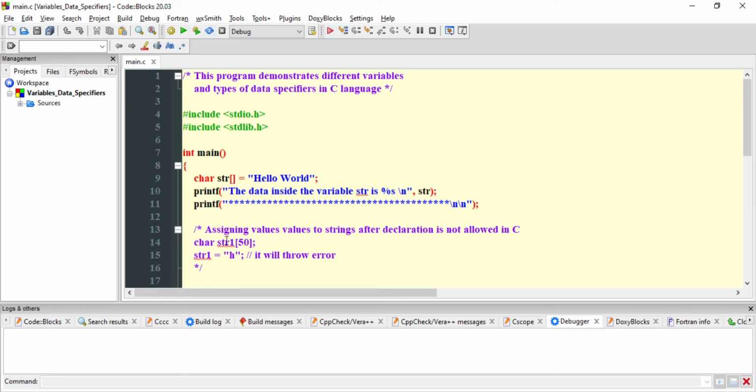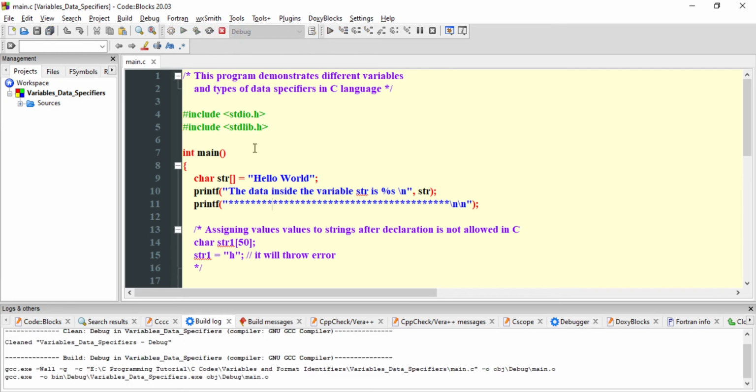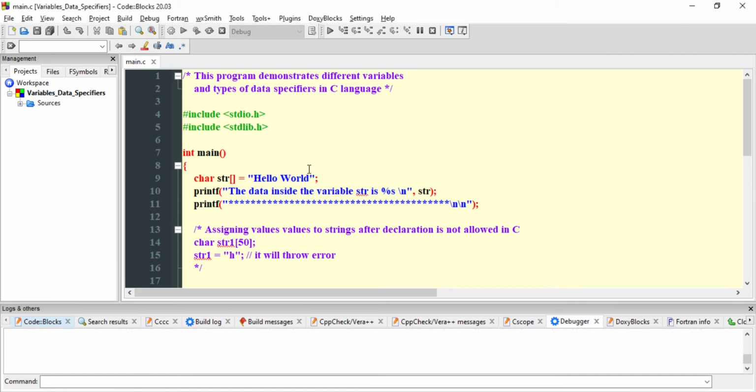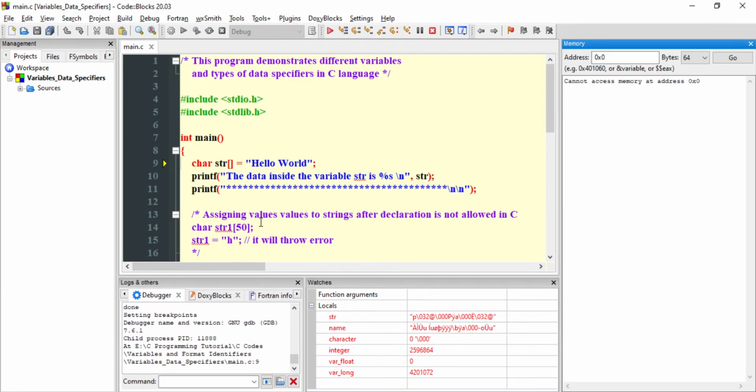So this is the program written and I will build it. At the bottom you have the build log, and here it is showing 0 errors, 0 warnings. That means there is no error in the program. Let us run this program step by step and see how to analyze it.